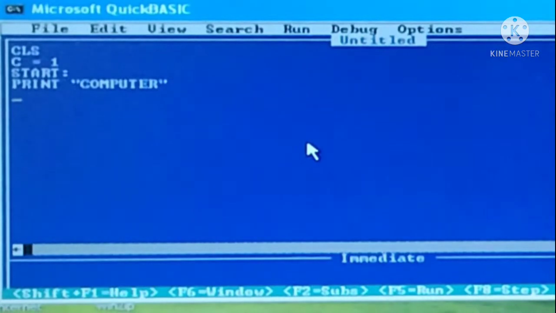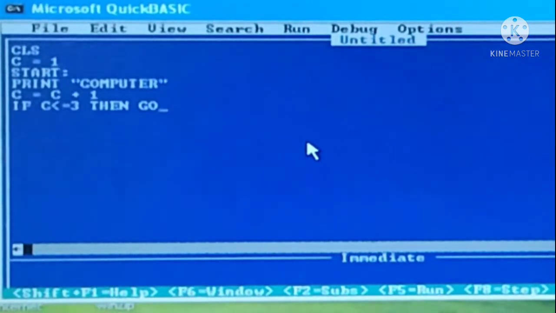Then you have to increase the counter, so C equals C plus 1, and if C is less than or equal to 3, then go to start, and then end. Clear?